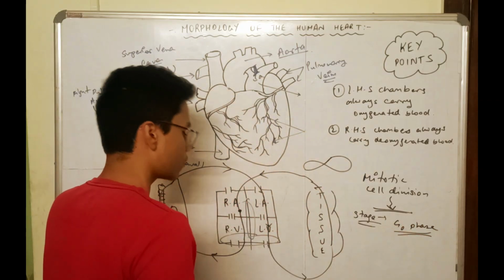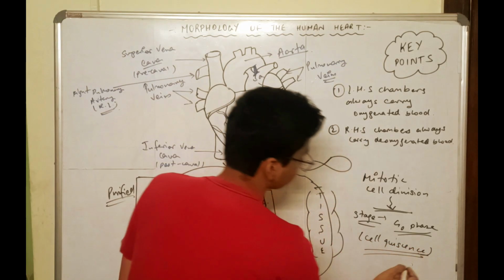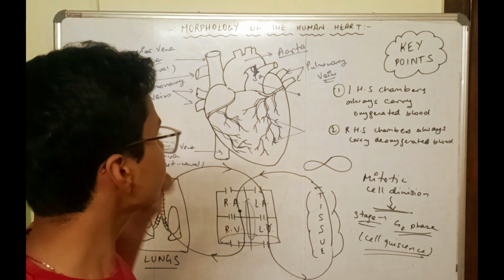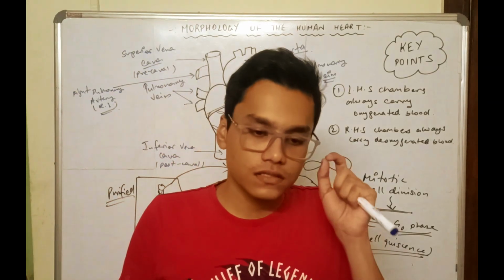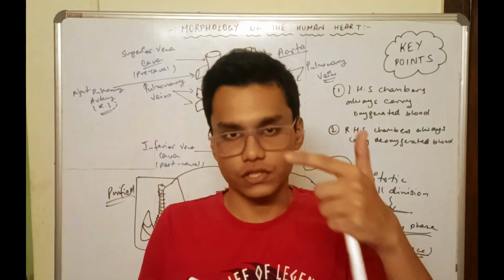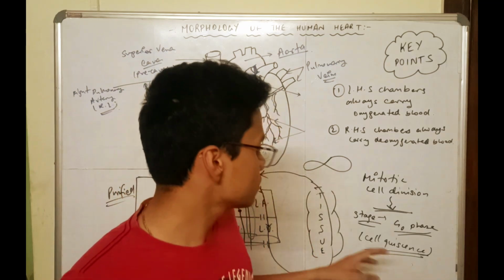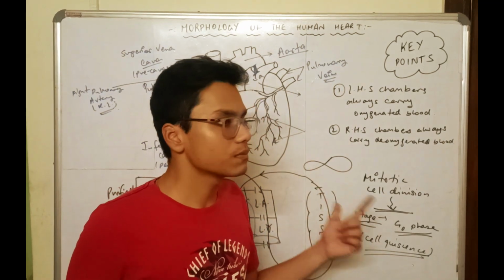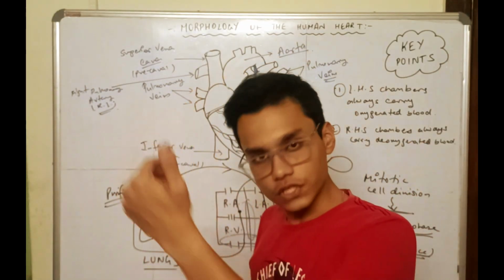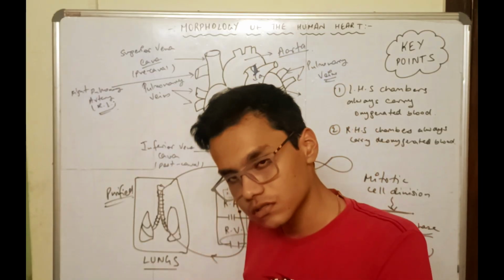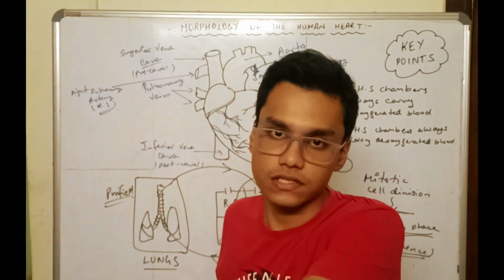This G0 phase is called cell quiescence. Cell quiescence means after dividing, after the cardiac cells have begun dividing, the cells of the heart, now cells we derive from tissue, right? Now this is called the principle of emergence. It's a very interesting topic. I'm not dwelling on it now because it will take a lot of time. Because cell quiescence is actually emerging from a principle called the principle of emergence, where cells give rise to tissues, tissues give rise to organs, organs give rise to organ system actually, and from organ system it arises to an